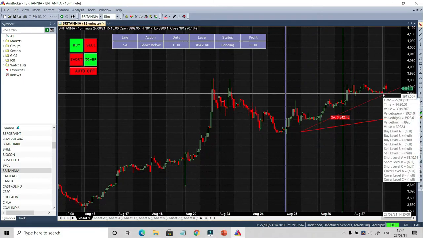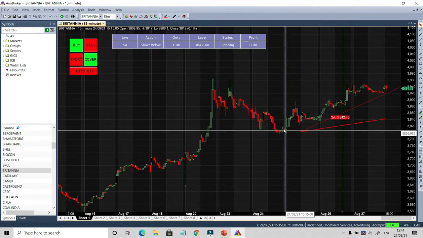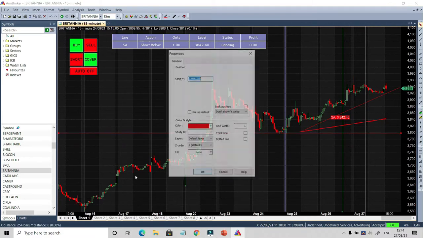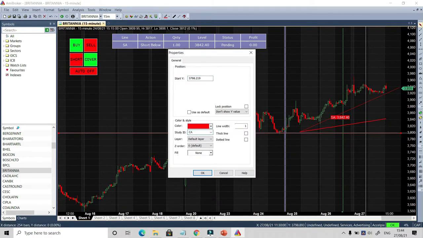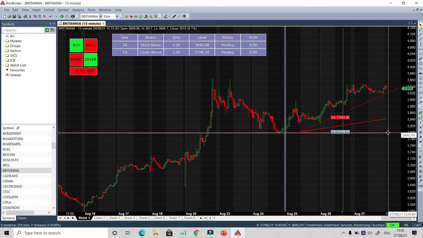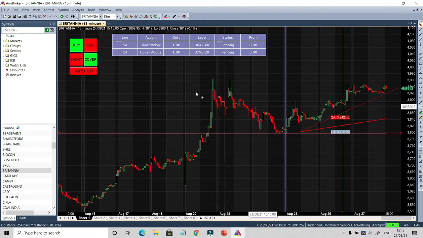So whenever the market is going to break these levels, the trade is going to be automatically executed. And once the short is achieved, if I want to book a cover, I can also define it based upon the levels. For example, if this is my support, I can just draw a horizontal line somewhere here and double click. For cover, it is C. So CA, cover, and that's it. Now whenever the market goes here, I want to cover. So if the market goes below this level, I want to cover.